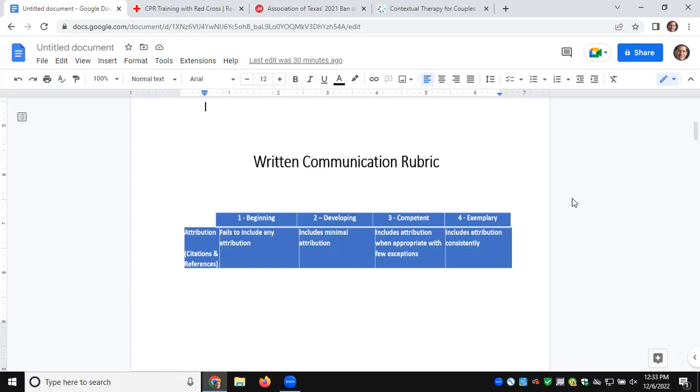Competent means they've included attributions when it's appropriate with very few exceptions. And exemplary just means they've included attribution consistently. So that's what we're looking for. Now, using the citation tool in Google Docs isn't necessarily going to help students include it when it's appropriate. What it will do is take away the concern that students might have, the focus that they might be spending their time on